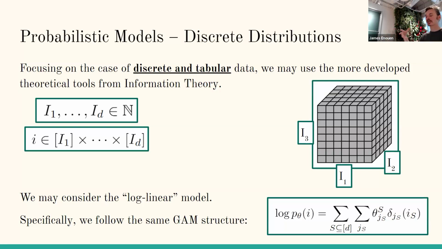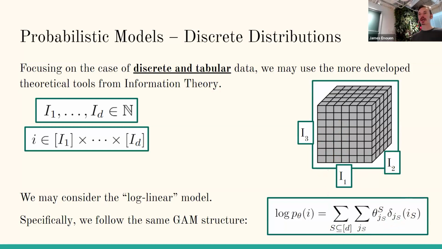And so if we had this tensor in theory, then we can just take the log probability and then train some model to accurately map to the log probability of that tensor. So what we'll do is consider what's called the log linear model. And that's doing the exact same sort of GAM structure. So here my features are very simple. For, let's say, I1, it's just a feature for being on this axis, on this axis, on this axis, etc. So there's no actual features, just the one hot.